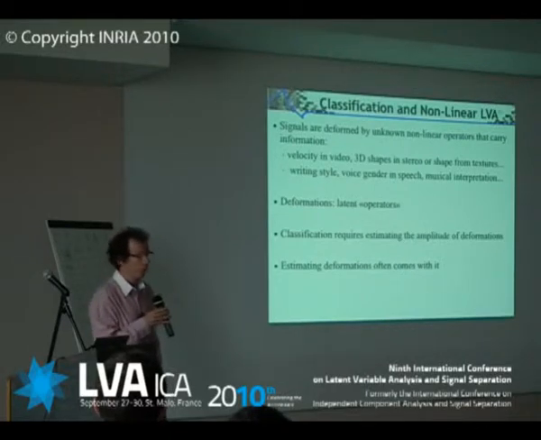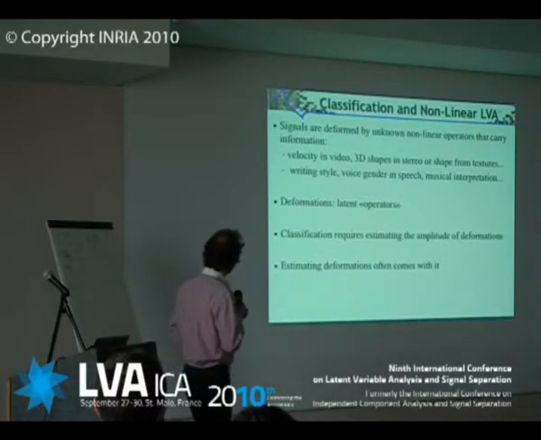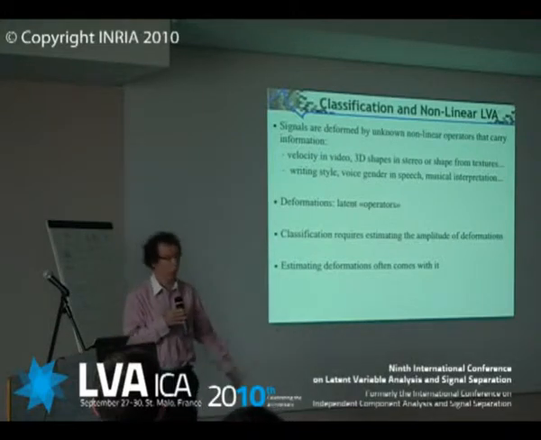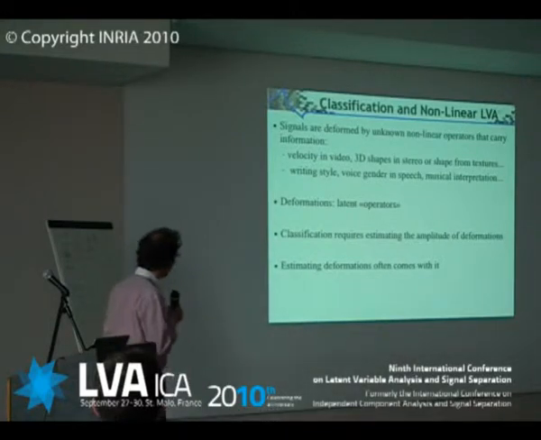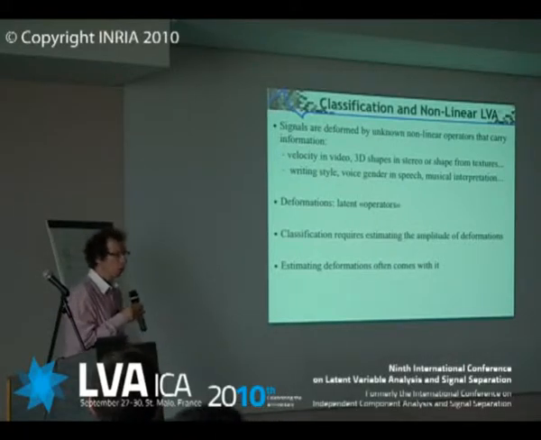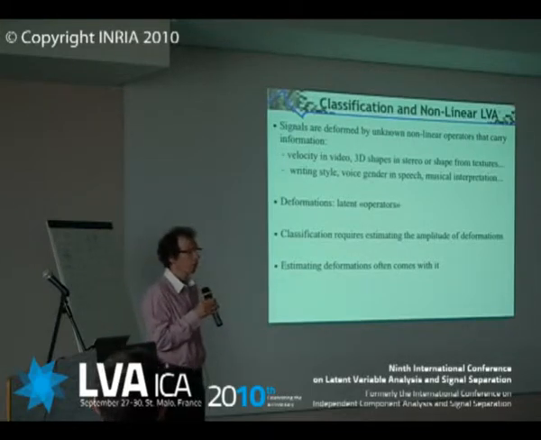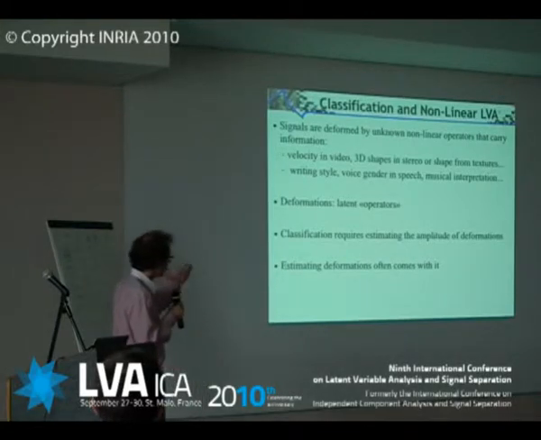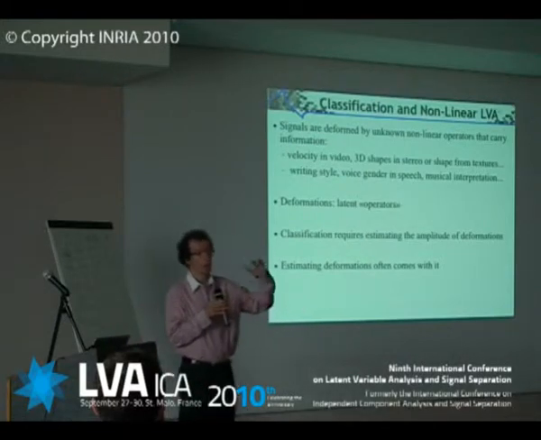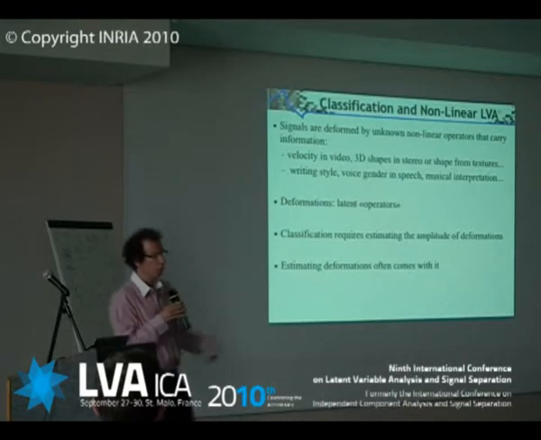So there are very classical examples at low level. For example, when you have a video, you have movements. The deformation is related to movements, and movements give you information about objects in the scene. If you think of stereo images, two images are deformed, one relative to the other, because of the variation of depths in the scene. Same thing if you have a texture on a 3D shape, it's going to be deformed in relation to the 3D information. These are standard low-level examples.